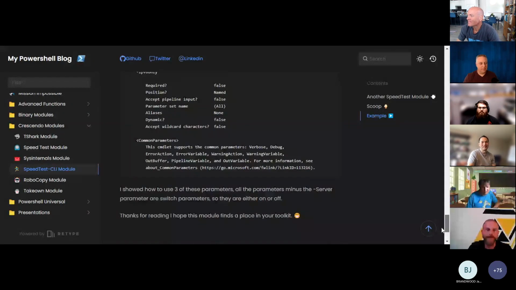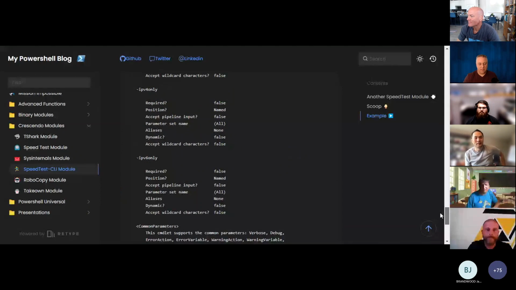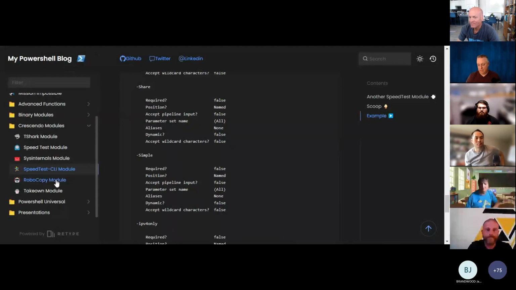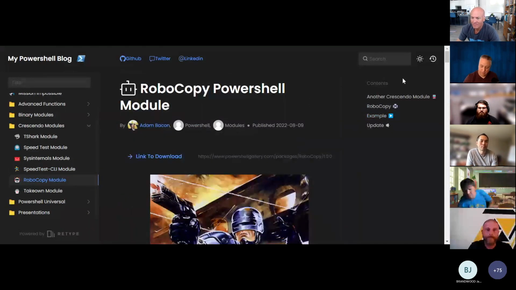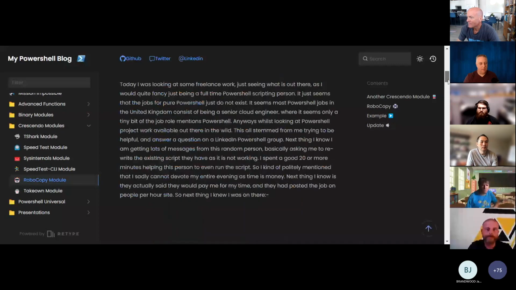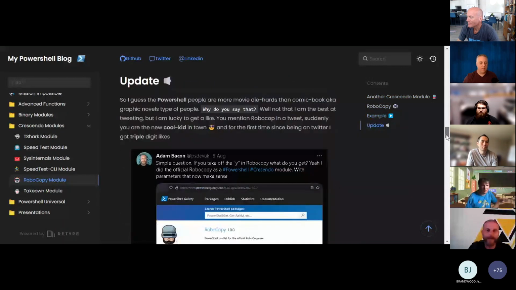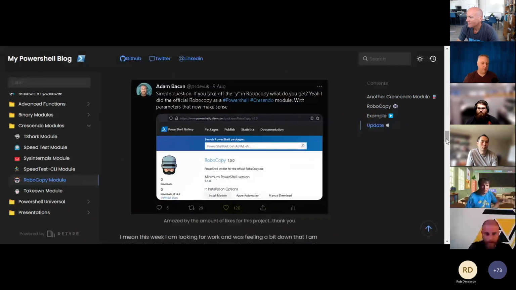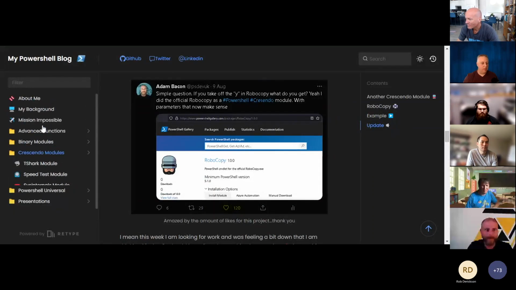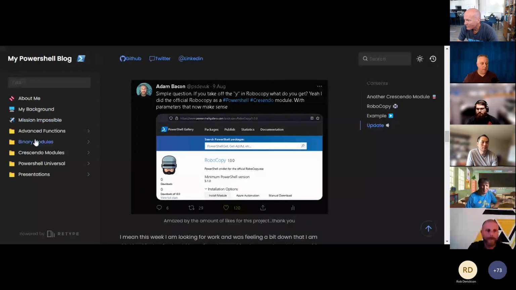But Crescendo is really cool because not only can you revitalize old school DOS commands like robocopy, which I think Mike quite liked, and I will update this and put some GitHub and everything, but also all the new command line tools out there like Azure, Kubernetes, and Docker.